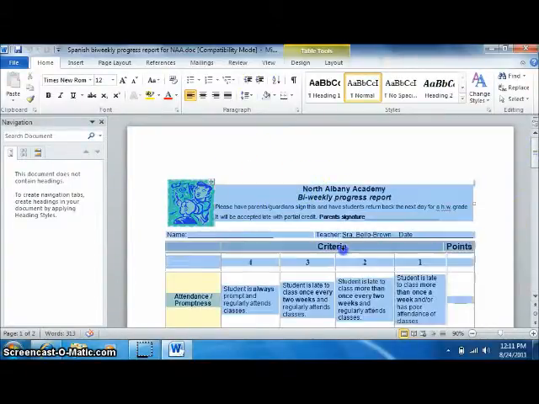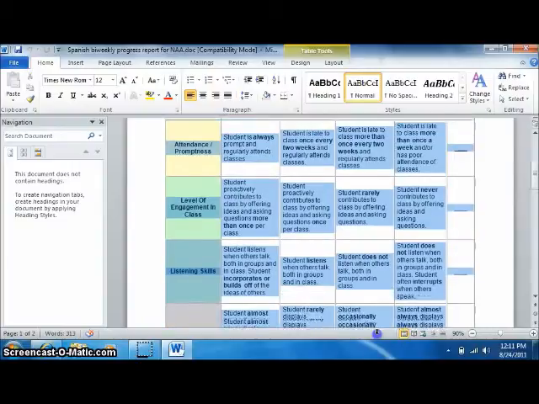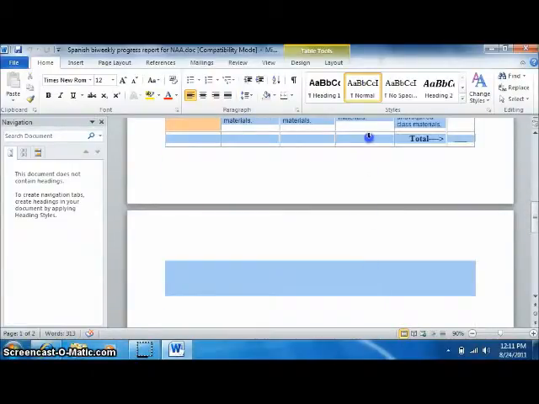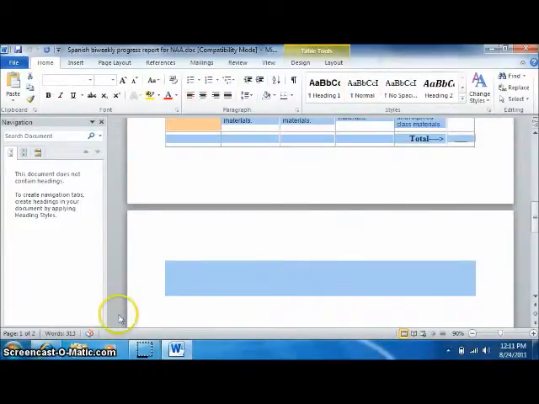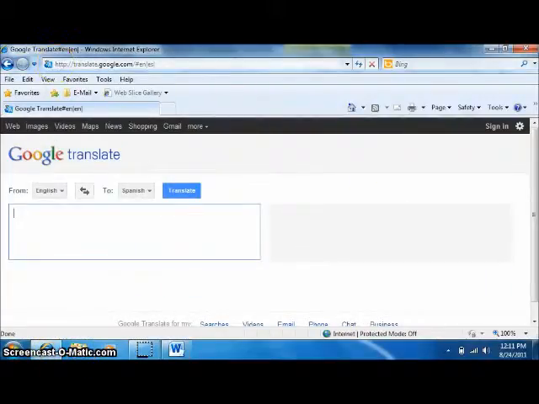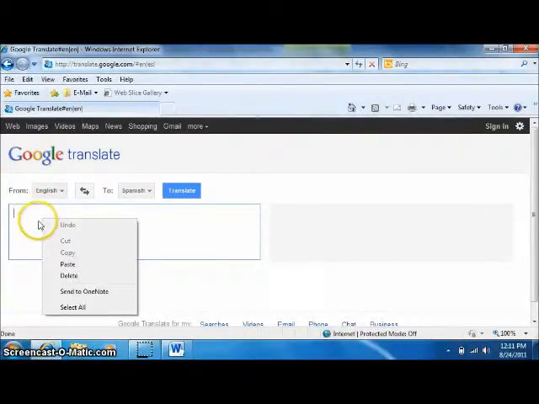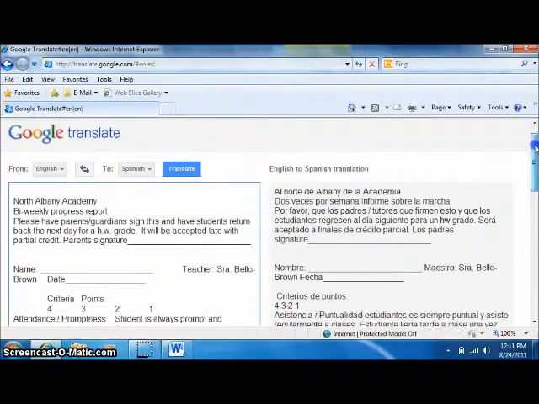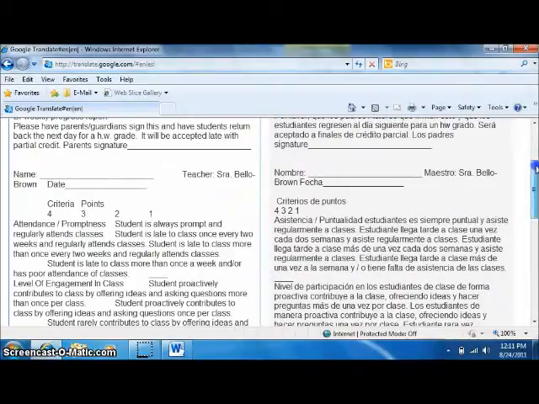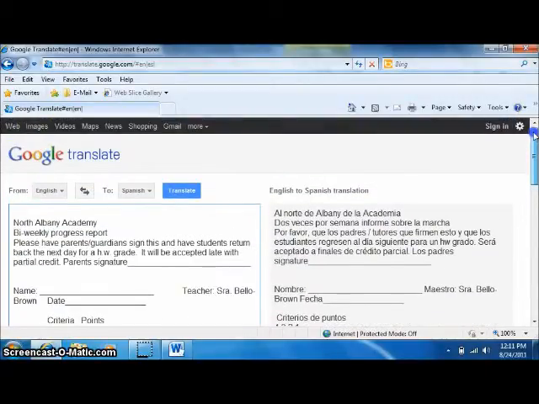So I'm going to highlight this entire document, and I'm going to copy it, go back into Google, and I'm going to right mouse click and paste it, and there it is. And there is a Spanish translation for the parent. Okay, of course I would have to reformat this in a different document. So the next thing that I like to do is